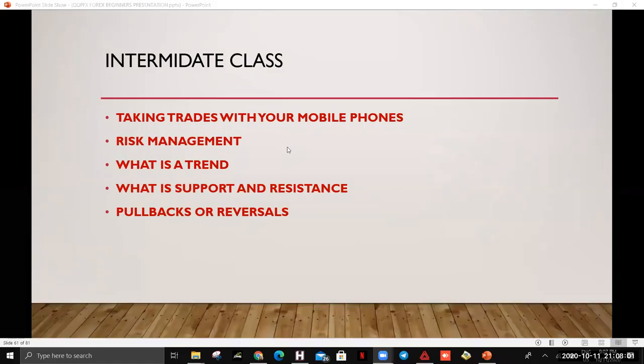The reason you are standing on the ground or sitting down is because of the law of gravity. If there's no law of gravity and you go to the moon now, you'll be floating. It is the same thing in the Forex market. If price is on the support area, as a Forex trader, what you should expect to do is to buy. But if price is on the resistance level and it has not broken through,